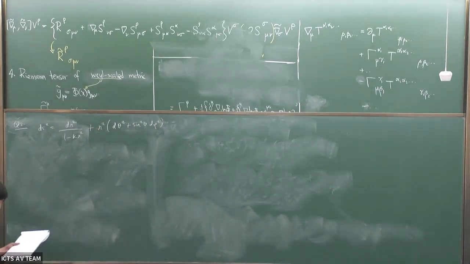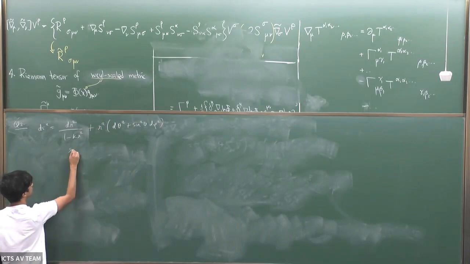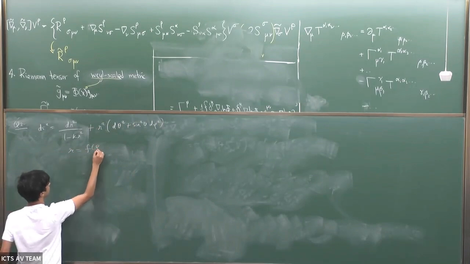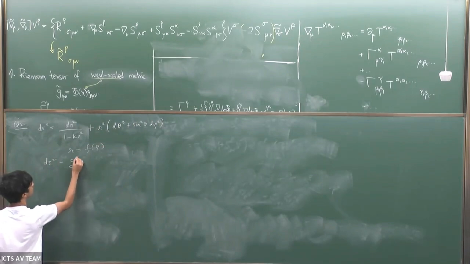So you were given this metric, and we were told that there's a transformation r going to f(ρ), which transforms the metric in such a way that it becomes some function g(ρ)